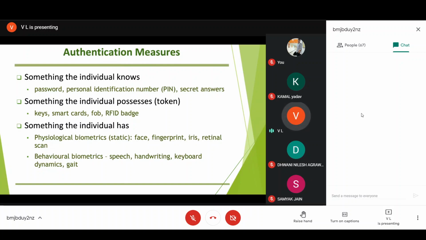So people do use very, very simple passwords, and because they tend to forget it, they will keep their passwords in some notebook. And if someone has an access to that notebook or mobile phone where they are writing the password, well, the password is broken. Personal identification number, PIN number, generally they are used in smartphones. They are only 4 digits, so they are about 9,999 combinations. So naturally, in so many attempts, or if the attacker is lucky, then in very few attempts, this can be broken.